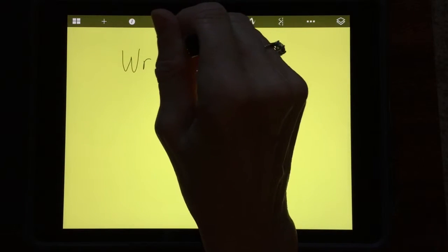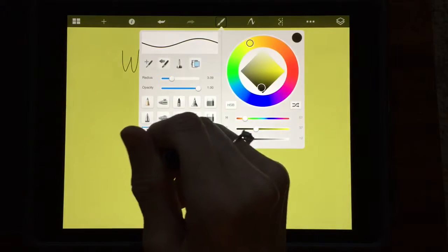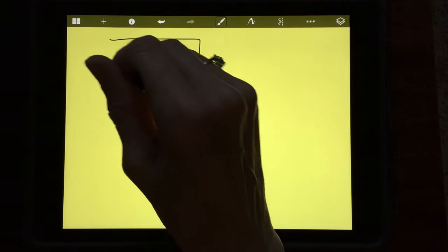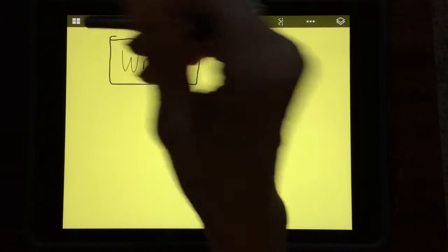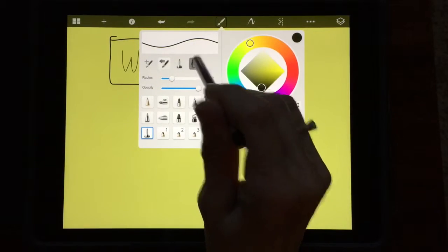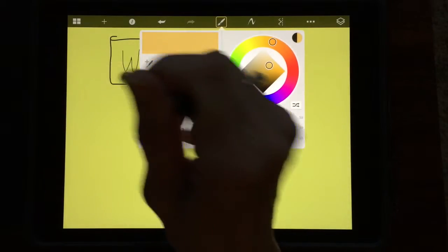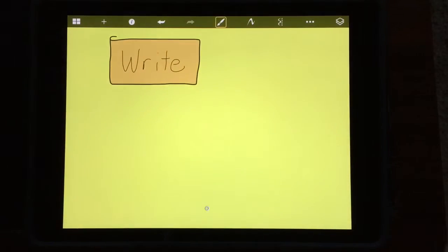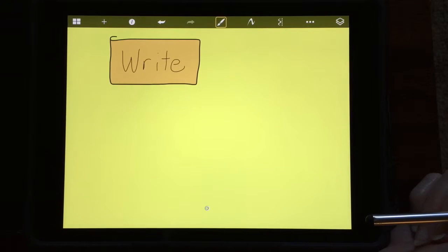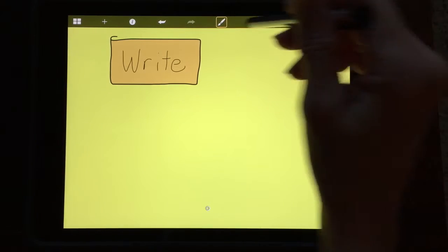Now I'm going to show you another little trick. I'm going to go back in here, back to my pen again, and I'm going to make a little container that I'm going to put that word in. I'm going to go to my paint bucket, pick a slightly different color, and I'm just going to fill in that container with color. And now sometimes people like to add shadows to their sketchnotes, but what ends up happening,